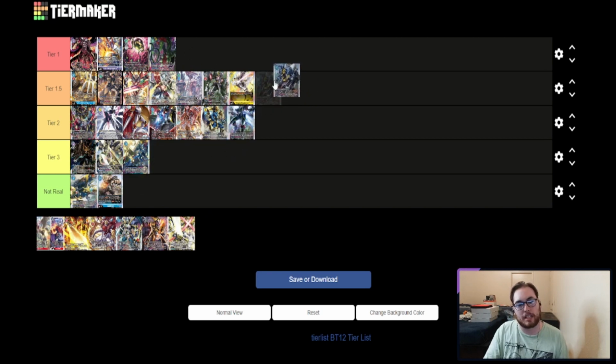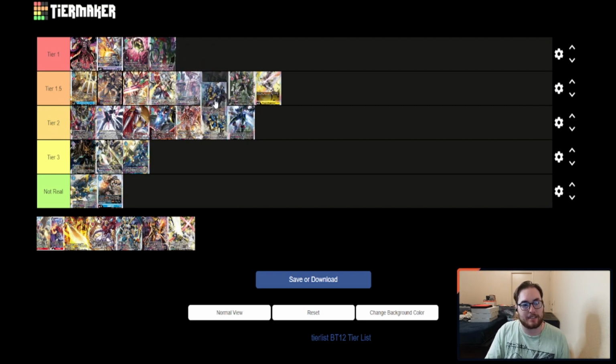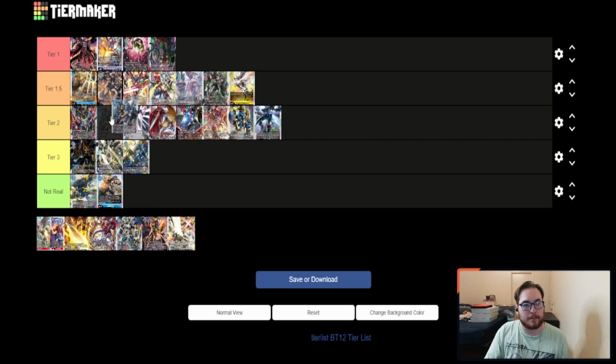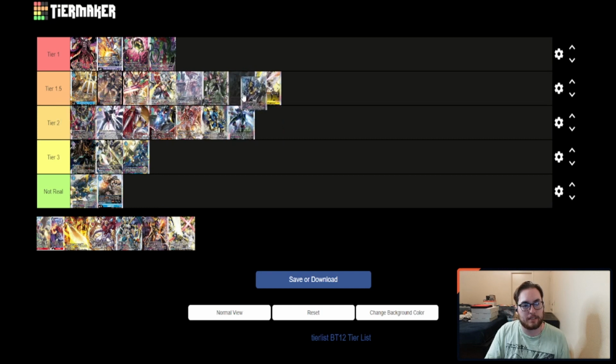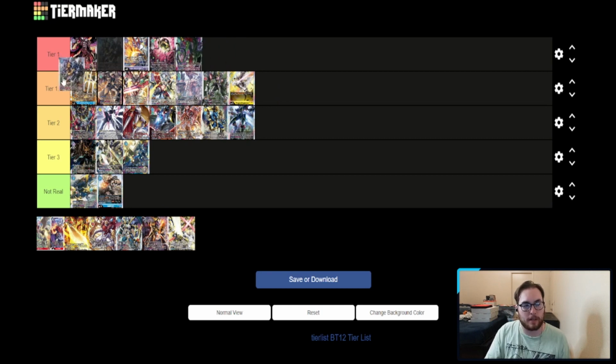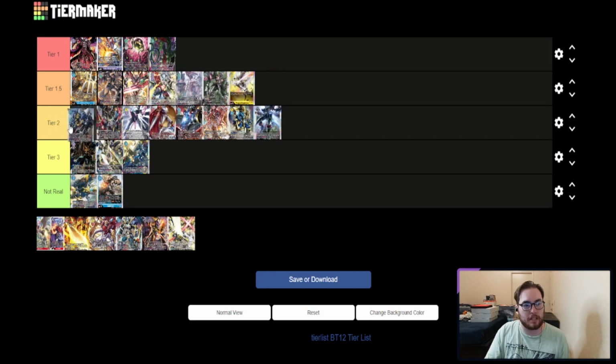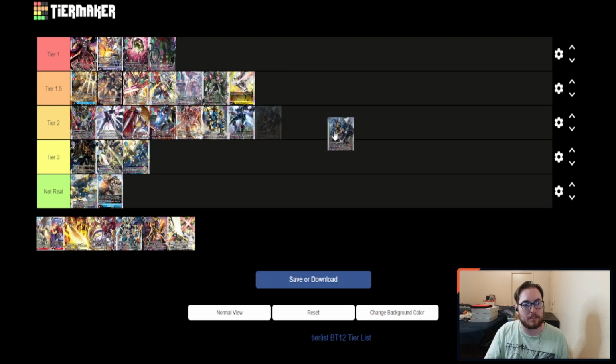Melga, low-key Melga falls off hard. Every deck here kind of dumpsters on Melga. Right? Because like these tier 1 decks are just too fast for Melga. These 1.5 decks just don't care about Melga. I don't want to put it in 2 though. That feels really low. I'm gonna put it in 1.5,